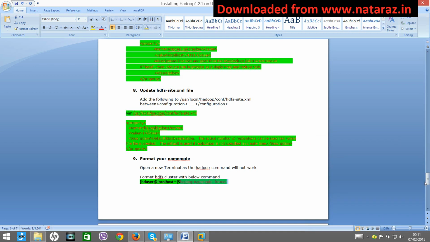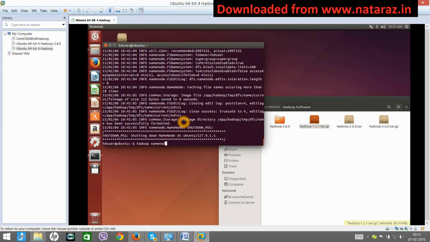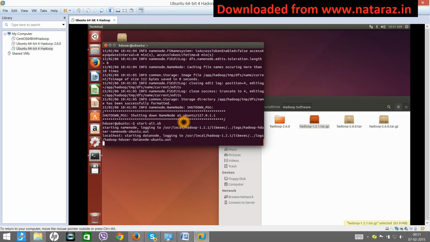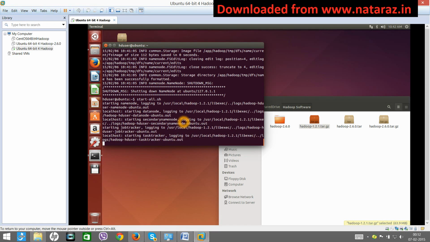Okay, next is you start your single node cluster by writing this code, start-all.sh. Okay, you should not get any errors. If you get any errors, that means there is some mistake in one area or another. So I think your cluster got started successfully.